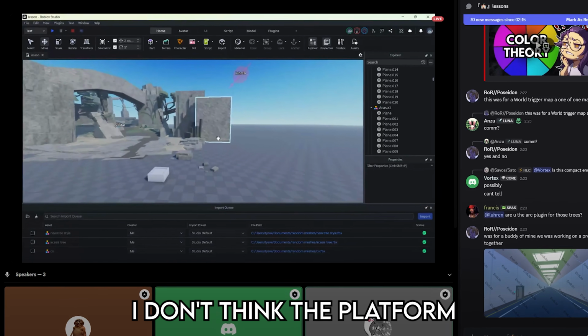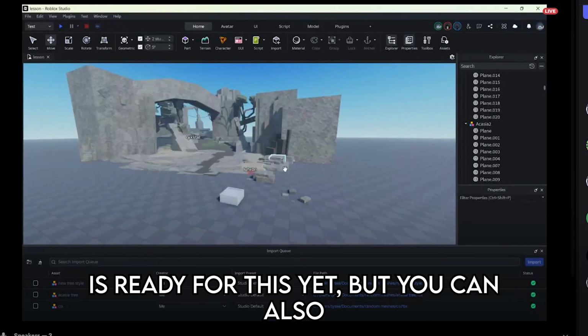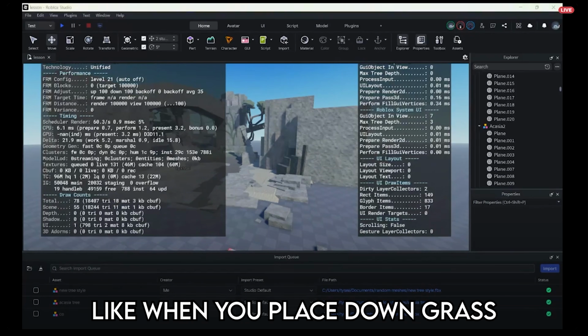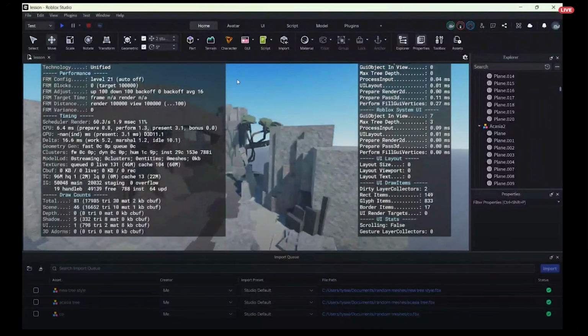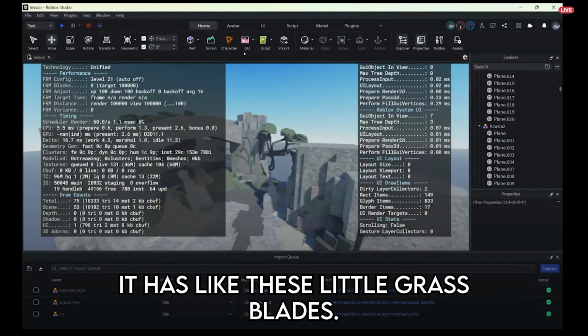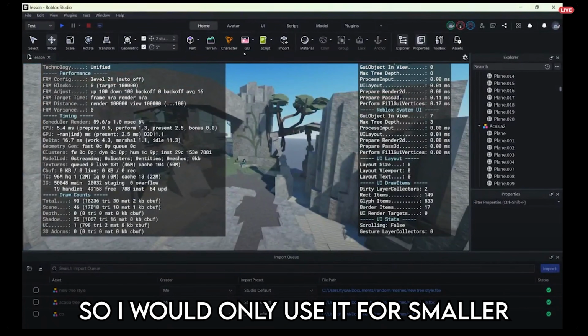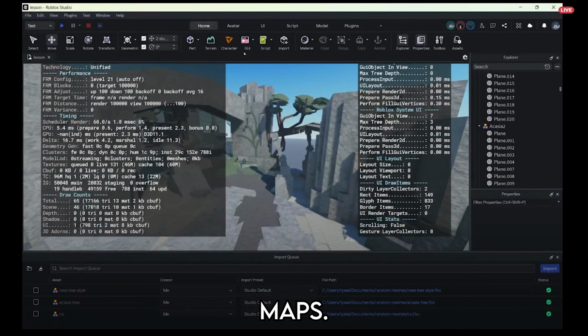I don't think the platform is ready for this yet, but you can also use terrain. When you place down terrain grass, it has these little grass blades. You can also use that, but it's a little unoptimized, so I would only use it for smaller maps, not